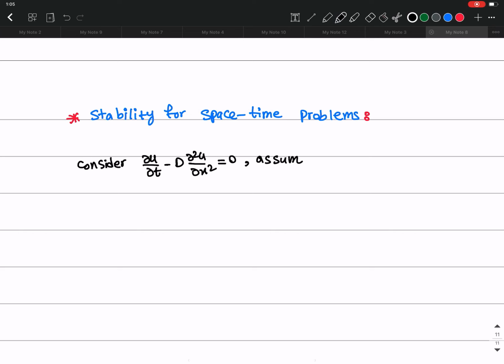Assume a constant spacing delta x, and the finite difference approximation, or FDA, for this equation can be written as